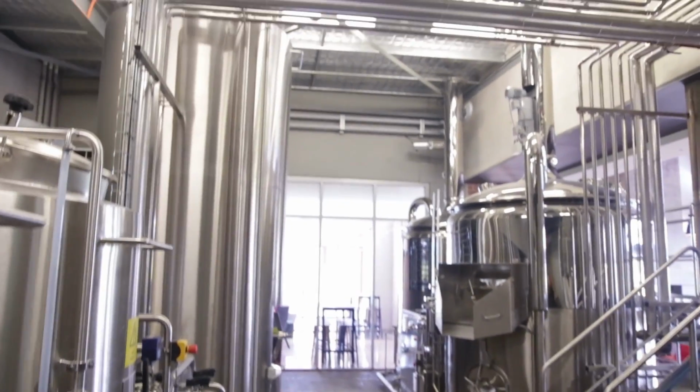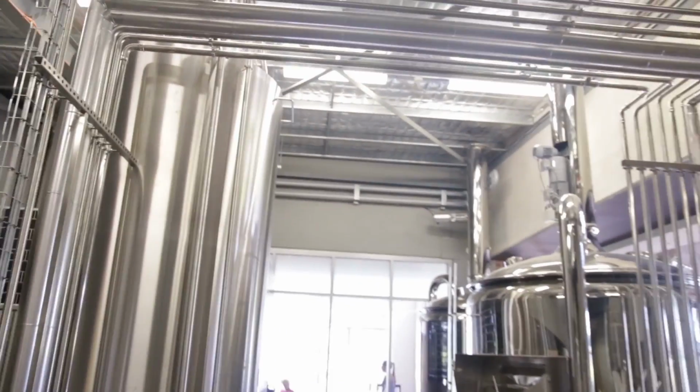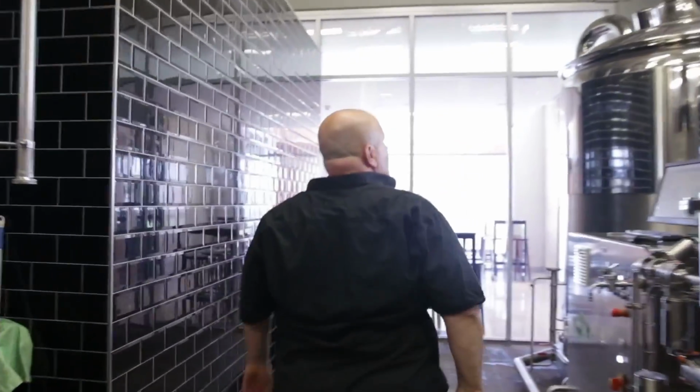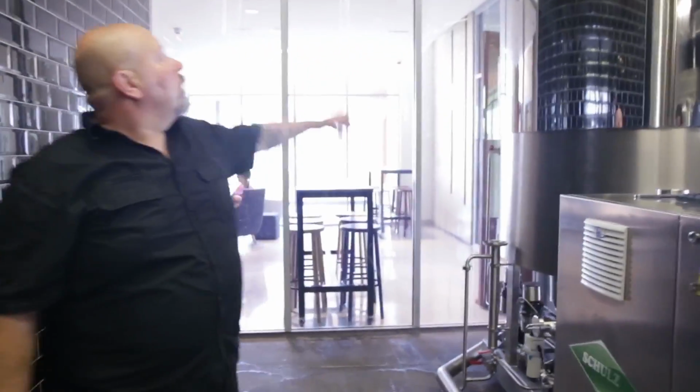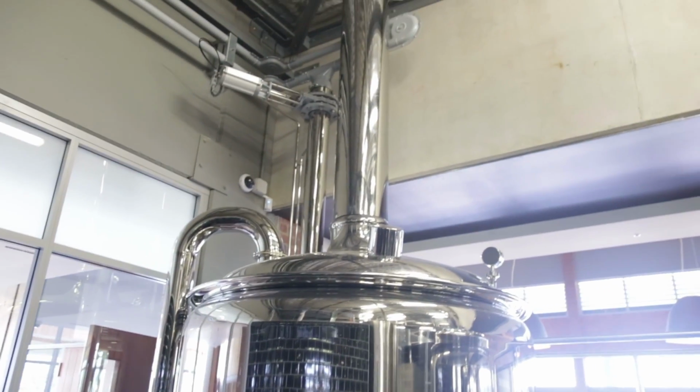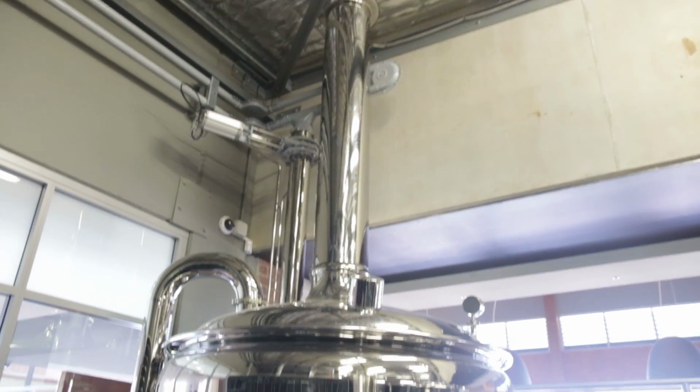If you have a look at it up there, we can see it travelling along the wall to the top of the mash header. So, you can see it very clearly here. There's a slide gate at the top. That opens up. The grist falls down that tube, or malt pipe, and as it falls down,